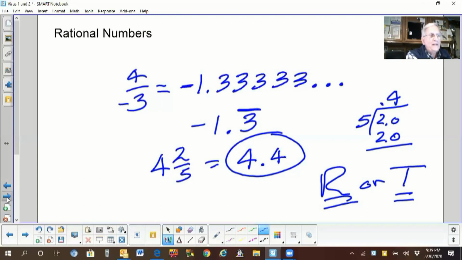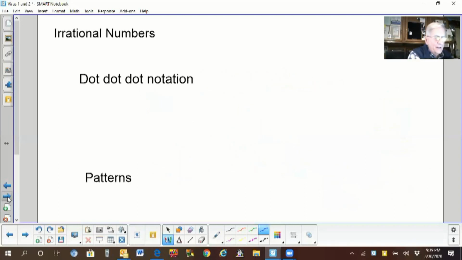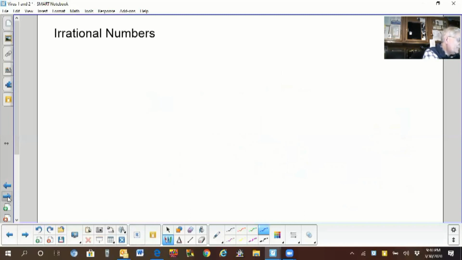Now, we have begun to discuss how you change these decimals back into the fractions they came from. The only one I'm really concerned with you remembering for this test that's coming up is the following. I want you to be able to remember that when you have a repeating decimal,